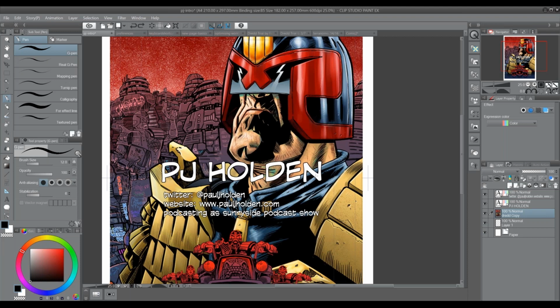The Clip Studio that I'm running currently is the one I've been using for a long time, but I've reset everything back to default. So this is what Clip Studio looks like when it's brand new out of the box. If you are like me and you have been using Clip Studio for a long time and you've set various things and you actually want to go back to the bare bones of Clip Studio, all you have to do is start Clip Studio Paint up by pressing the Shift key